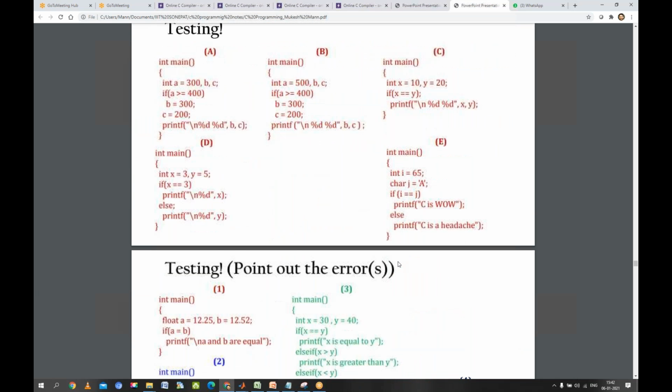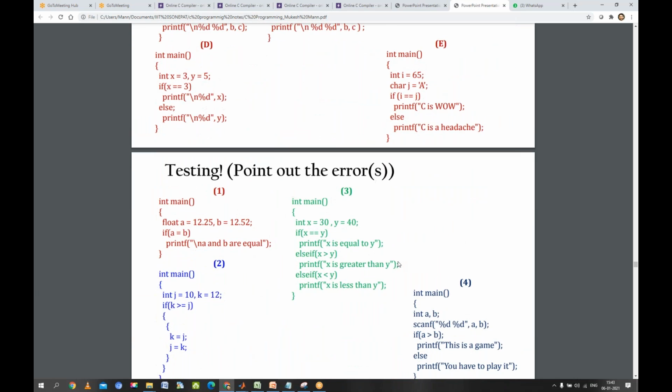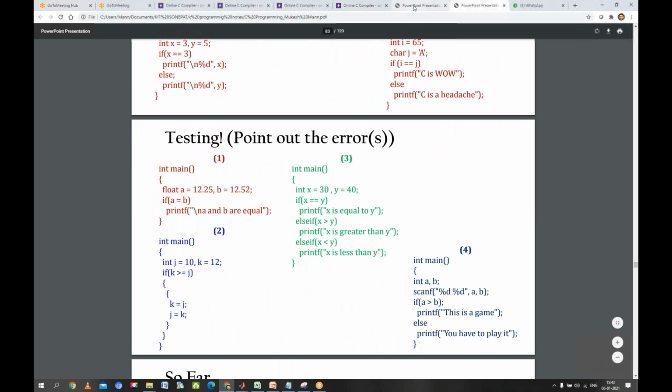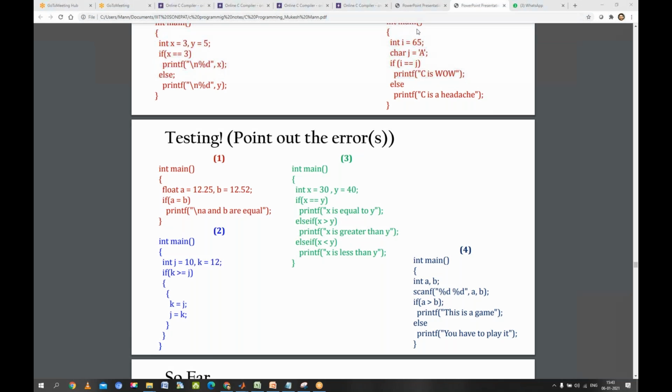So we have tested all conditions. For this particular example one, yes, we have seen this. Okay, this is done. What about this one? Second number example.